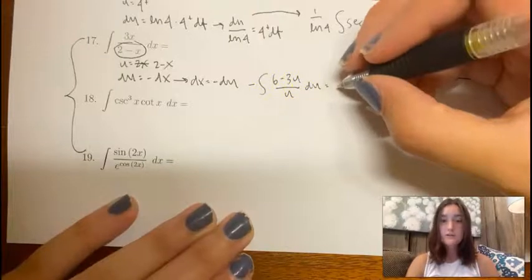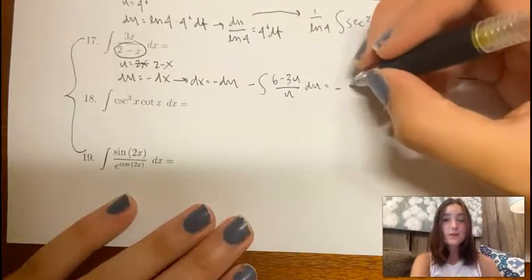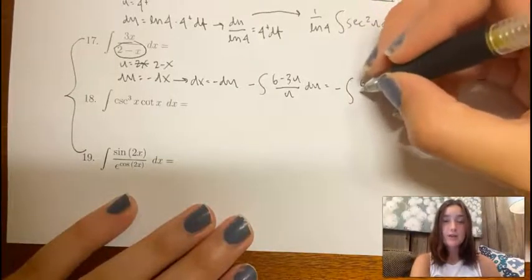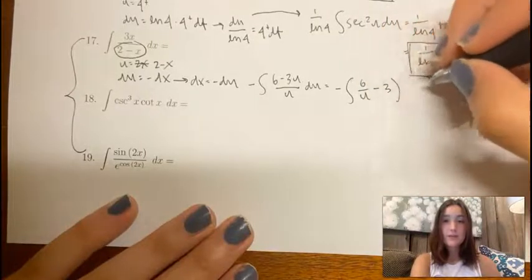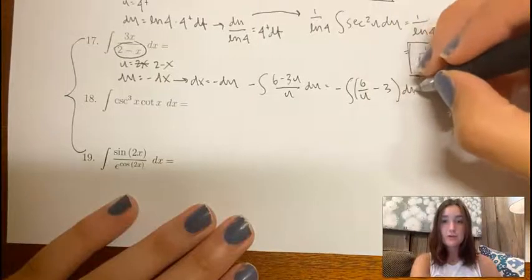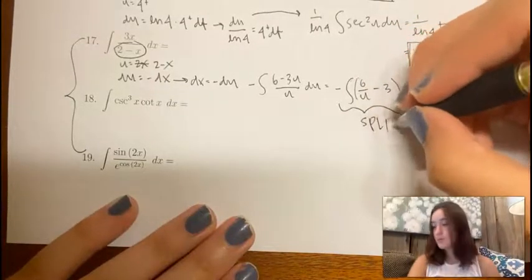So let's just treat this as a split numerator and see what happens. So I'm going to take those and split them up and be left with negative integral 6 over u minus 3, because those u's cancel out. You don't have to worry about writing those. And so we've got a split numerator here,